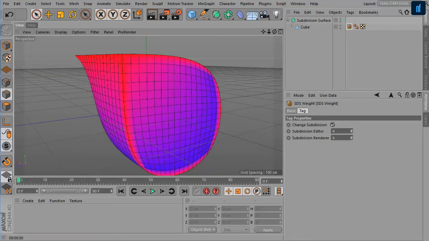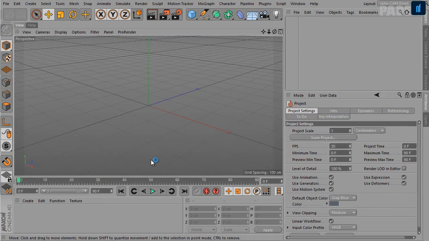In this clip, we're going to talk about the lathe object. The lathe object rotates a spline about the y-axis to generate a surface of revolution. For example, you can create a wine glass from a simple profile. Usually the profile should lie in the XY plane because the profile will be rotated about the y-axis.